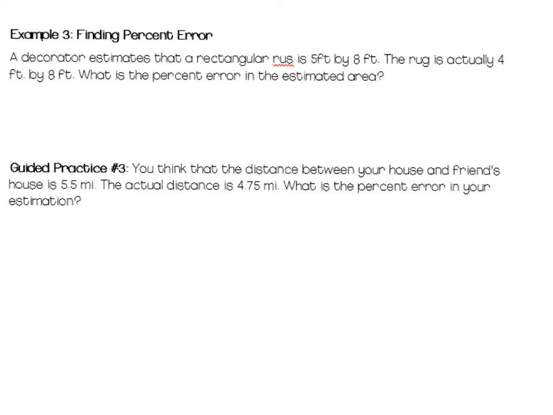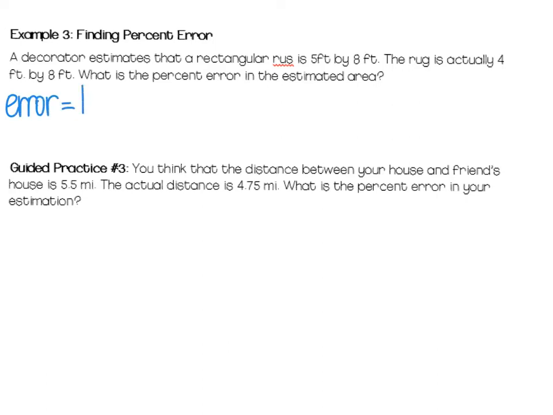Example 4, finding percent error. A decorator estimates that a rectangular rug is 5 feet by 8 feet. The rug is actually 4 feet by 8 feet. What is the percent error in the estimated area? Well, to find percent error, you use the formula that the error